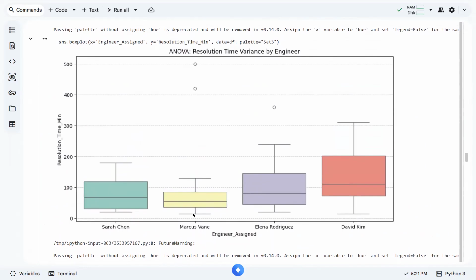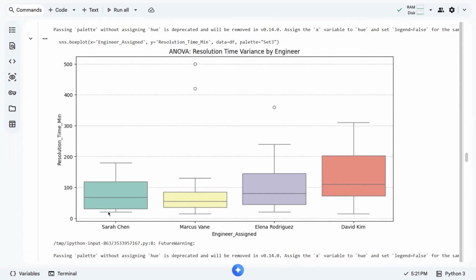Sarah Chen and Marcus Vane have very close distributions, especially Marcus Vane. As you can see, the majority of his resolution times are below 100, and the median is maybe just below 60. But there are times he exceeds 100, a few times. But at the same time, he is able to manage some of the issues very quickly as well.